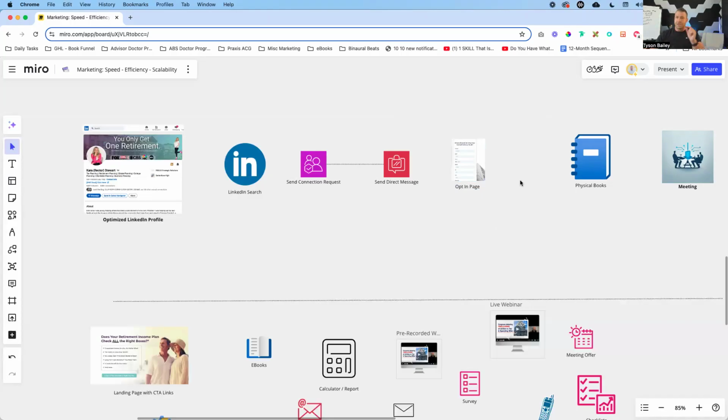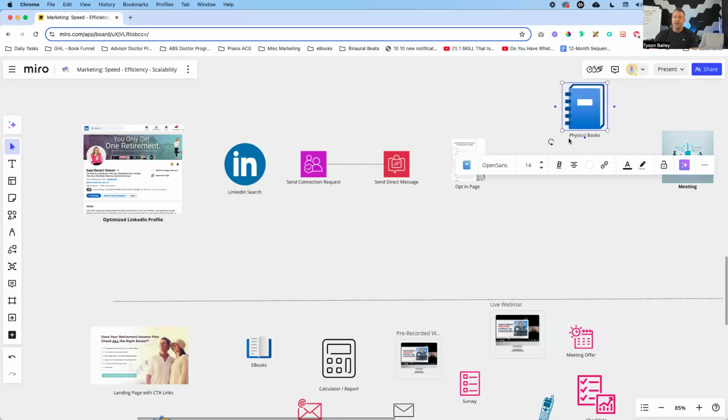Now, the reason that we don't want to just send somebody to a confirmation page that says thank you is, what if I was a prospect that was ready to learn more? What if I was somebody that was really excited about finally solving my financial problems and I was ready to take the next step? You want to make it abundantly clear to your audience what they can do to take the next steps if they are ready.